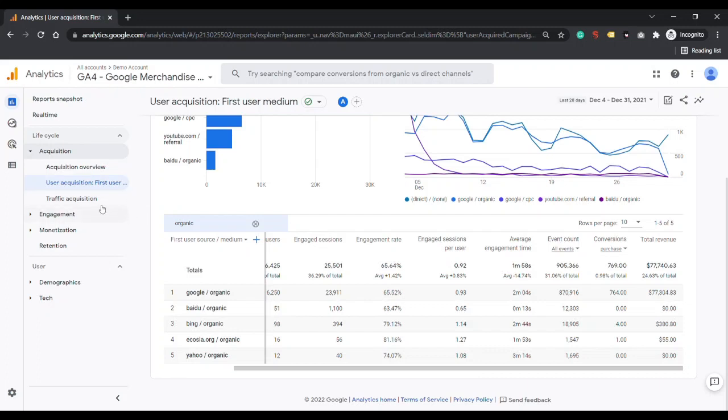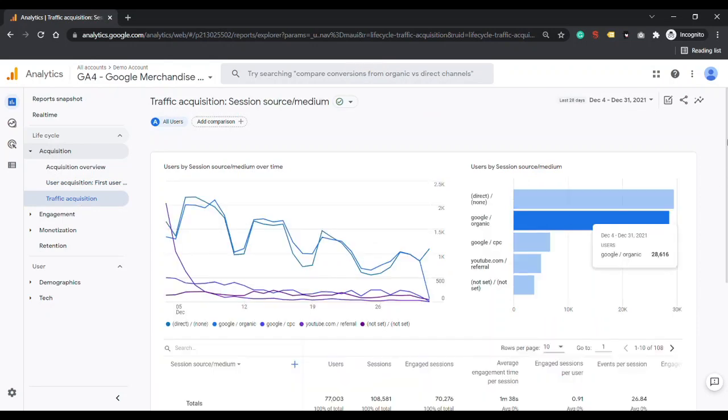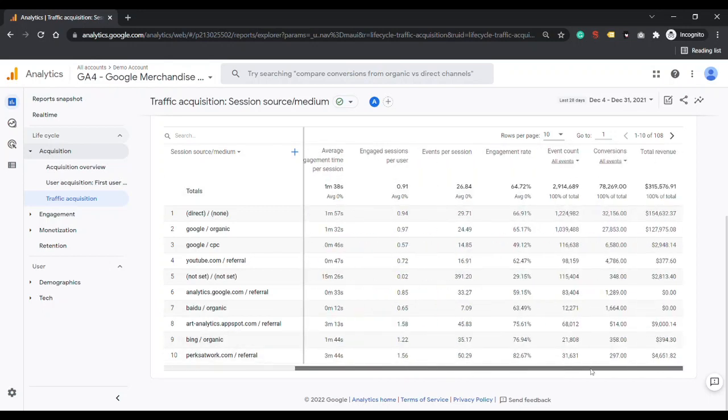And next is the traffic acquisition. This is all about the traffic acquisition, from which different sources the traffic comes. Here you can see the source medium is already selected. This is also the same: users, sessions, engaged sessions, and if we scroll, conversions, event conversions.